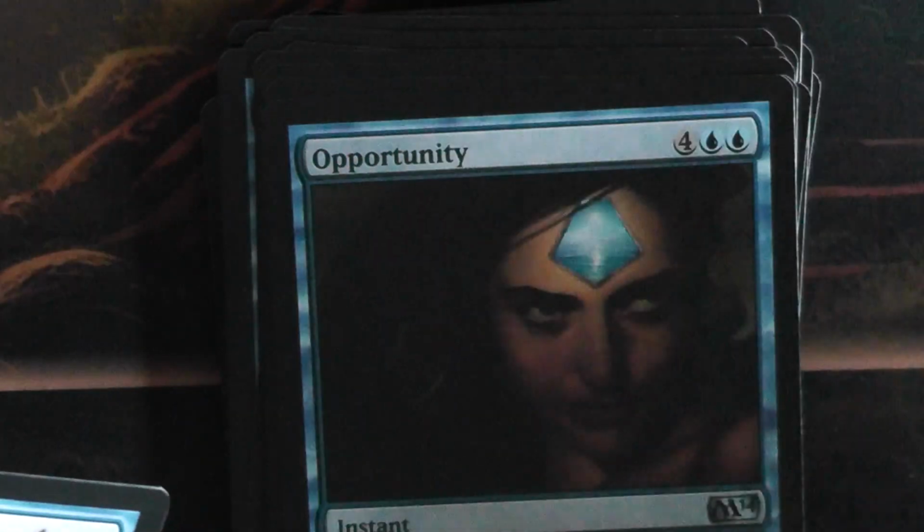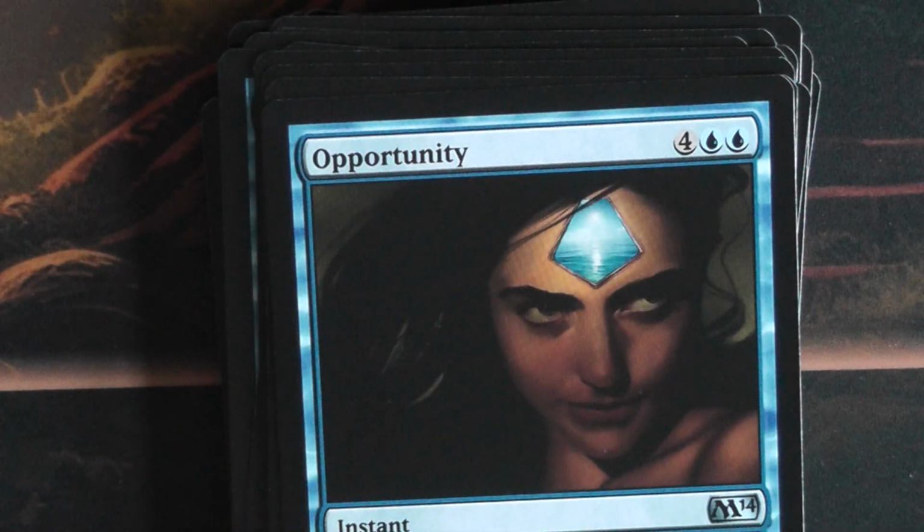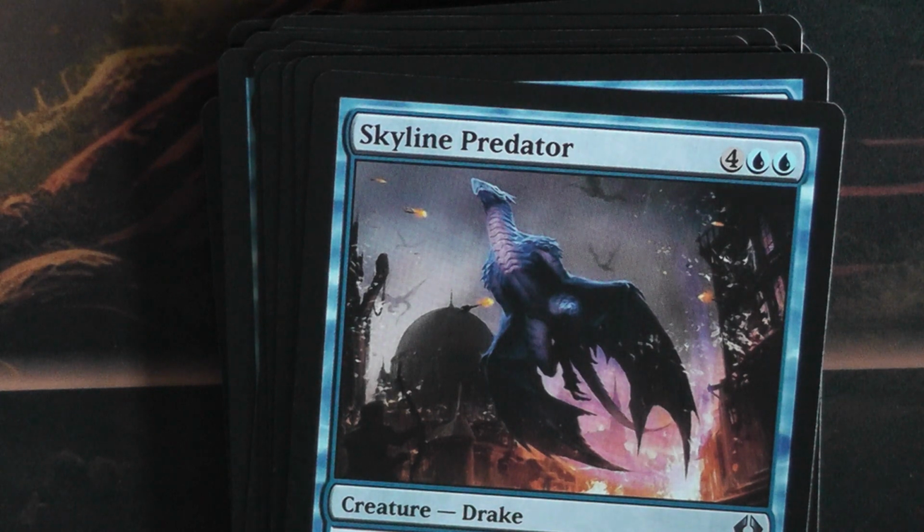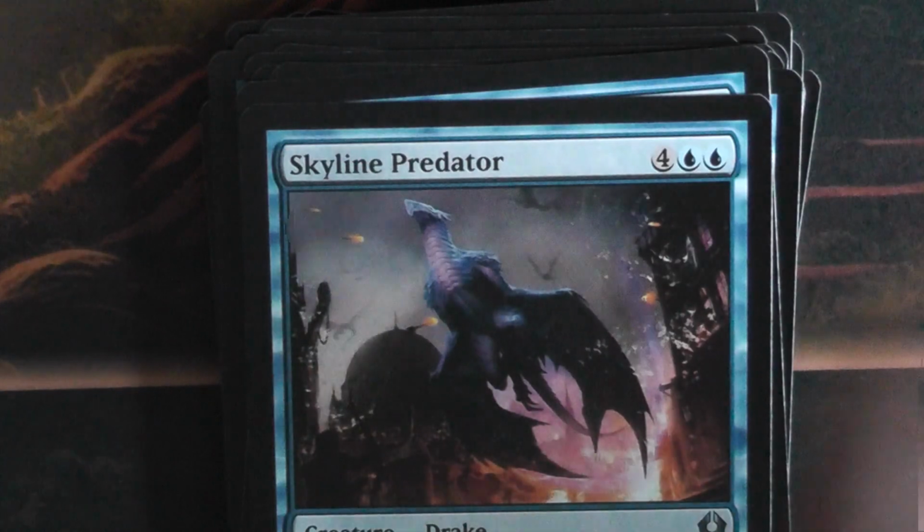Opportunity. Instant. Target player draws 4 cards. Opportunity isn't something you wait for, it's something you create. Skyline Predator. It's a Drake. Flash. You may cast this spell anytime you could cast an instant. So basically on your opponent's attack,